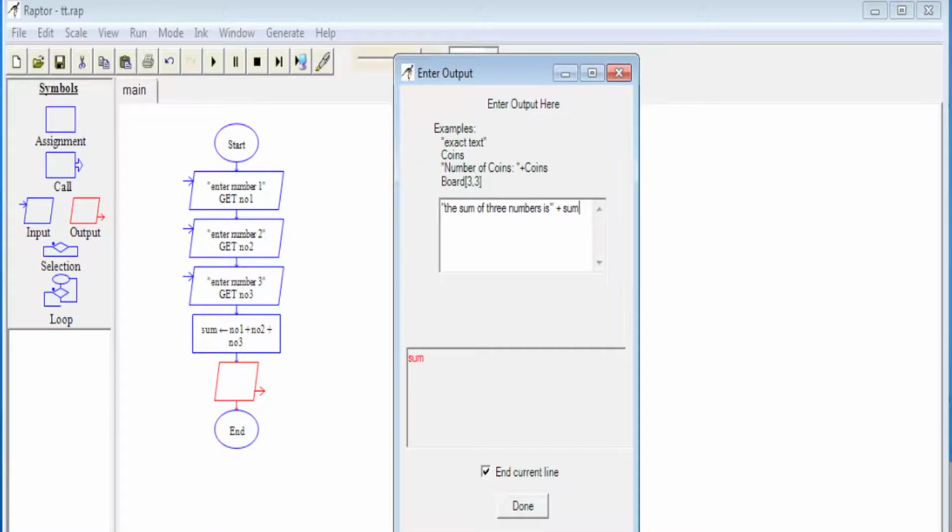The text to be displayed for showing the results needs to be typed as we want within double quotes, like "sum of 3 numbers is", and to display the results we need to give the variable which has the result. In our case it is sum. So, give as shown now, "sum of 3 numbers is" within double quotes plus sum, and then press done.